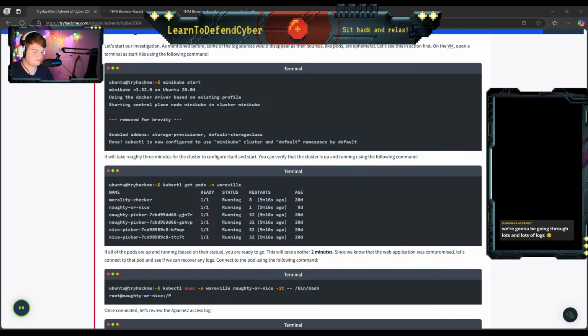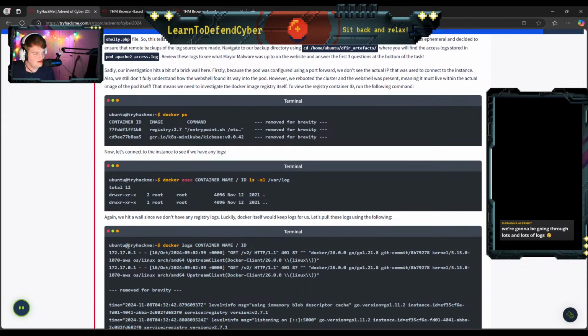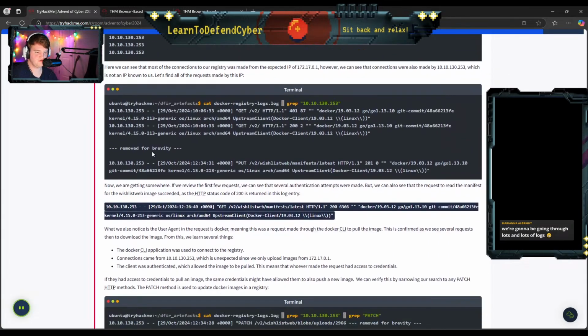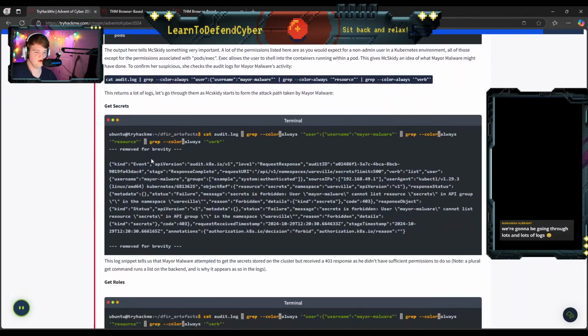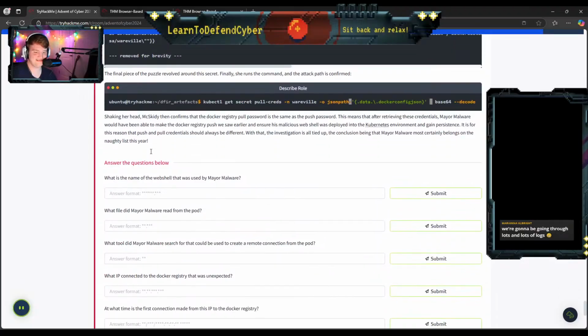All right. We're going to be going through lots and lots of logs. Dude, I love it. I love lots and lots of logs. Sometimes I feel like that's what my entire life is, lots and lots of logs. And there's nothing better about it. That's where you can get all the juicy information you need. Oh boy. Oh yeah. I can see lots and lots and lots of logs.